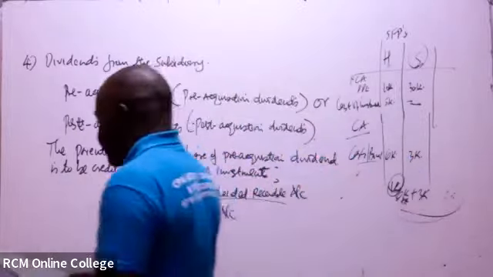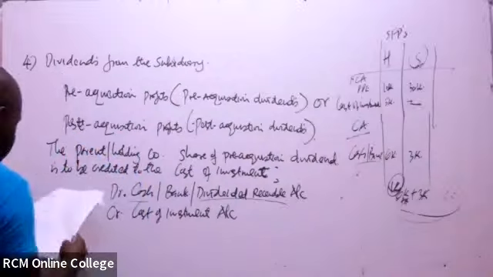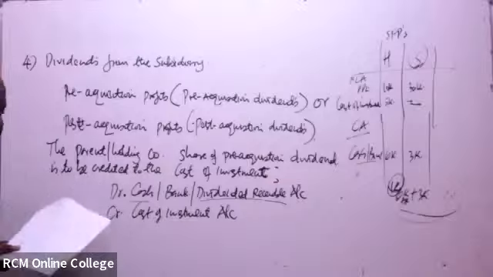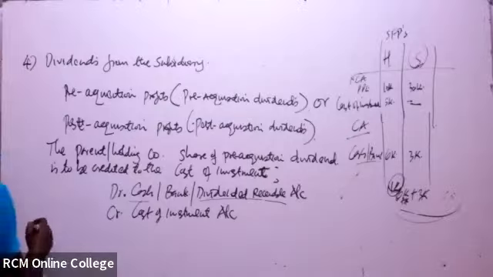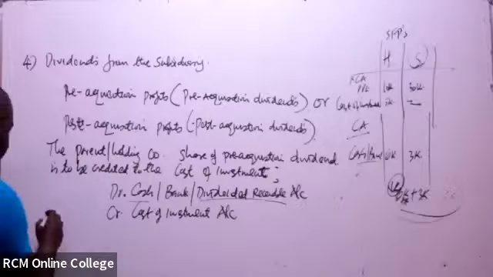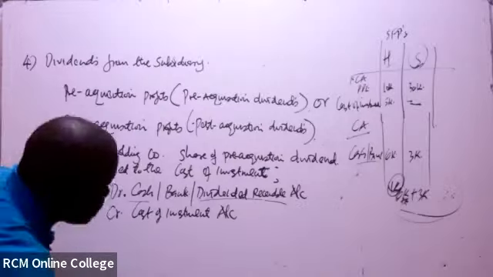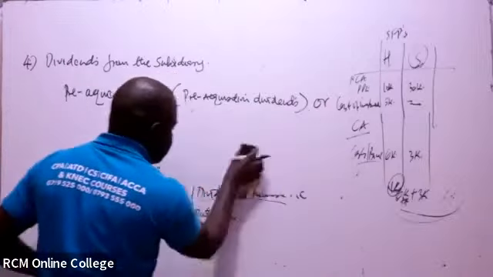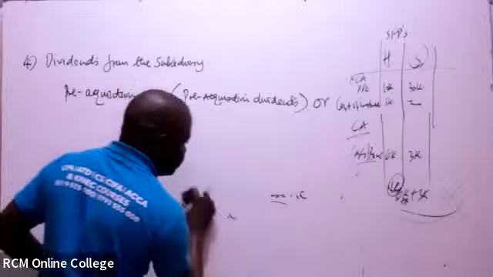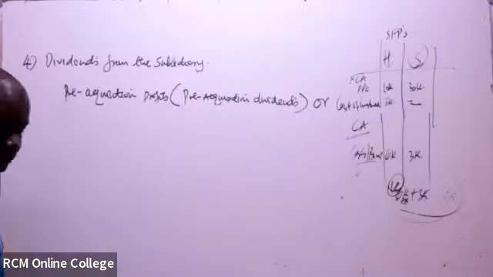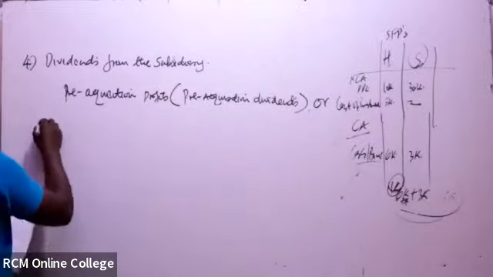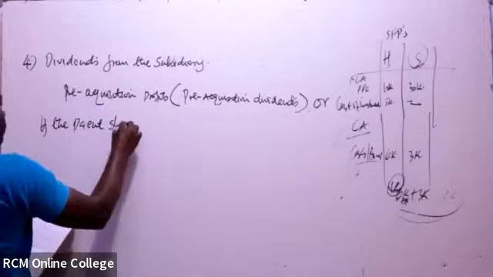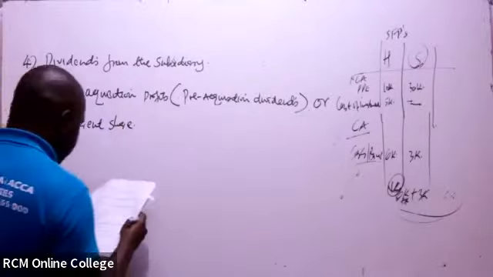Then we can have, in this case, if still the same case, if the parent share of post-acquisition dividend is a return on investment, is an investment income, you can write and say, if the parent share of post-acquisition dividend